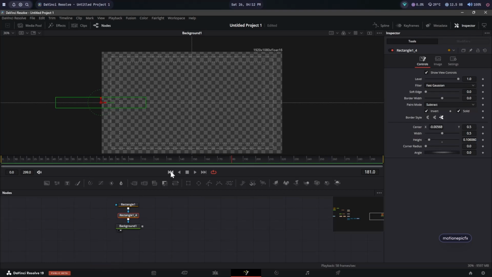Now we're going to make sure that we are at the very first frame. Right now we are at frame 181. So just click on this very first icon in the seek bar controls. So just make sure that you're at the very first frame, which is frame 0, as you can see right over here. Now we will activate the keyframe on center X and Y by clicking on this diamond icon,